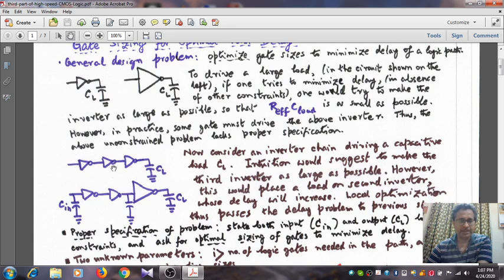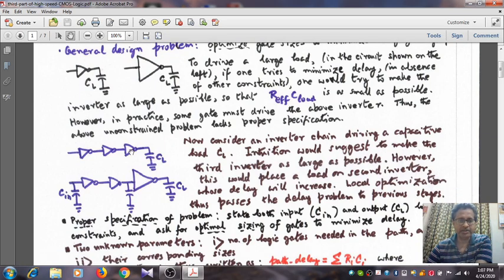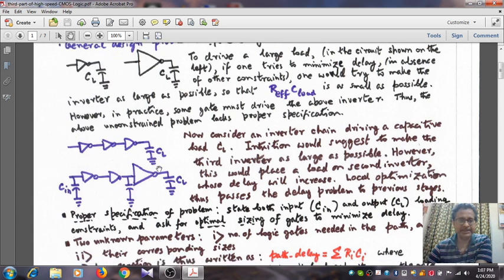So as the next better posed problem, we consider a chain of inverters, say a chain of 3 inverters driving a capacitive load, right? As we are considering 3 inverters driving this capacitive load, you can suggest as before, well, make the third inverter as wide as possible. But it will not solve our problem because it is being driven by the second inverter, and as you increase the size of the third inverter, you are only presenting a large capacitive load to the second inverter. Then you say, well, I have to reduce the delay to the second inverter, so I better increase the size of the transistors of the second inverter. Well, that also will not solve the problem because in the process you are presenting more load to the first inverter.